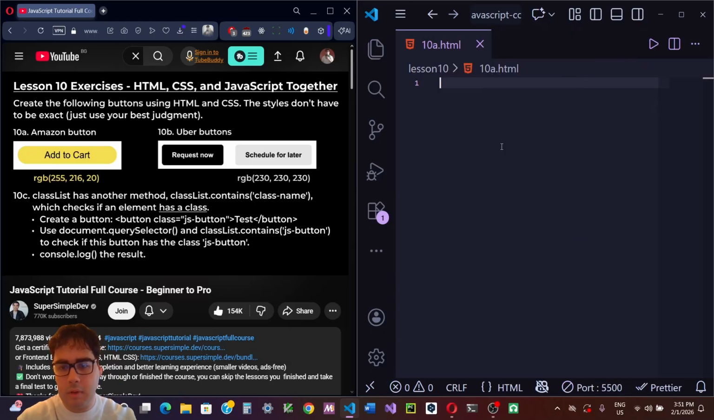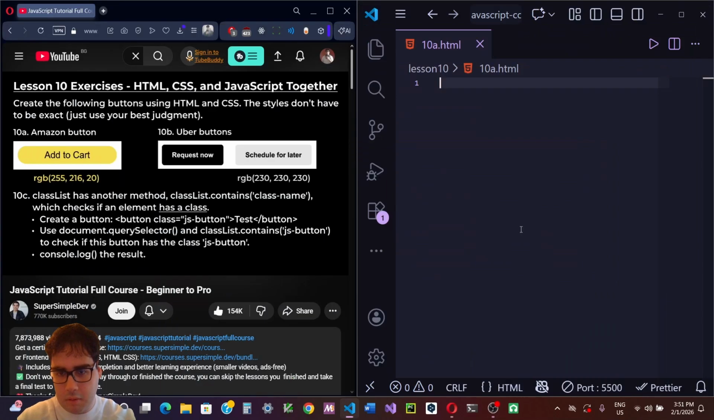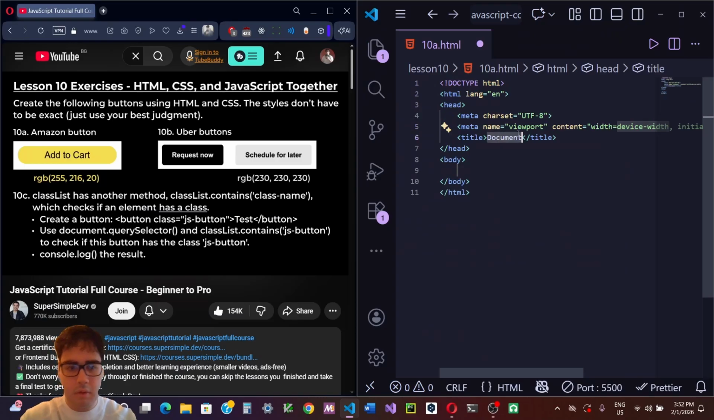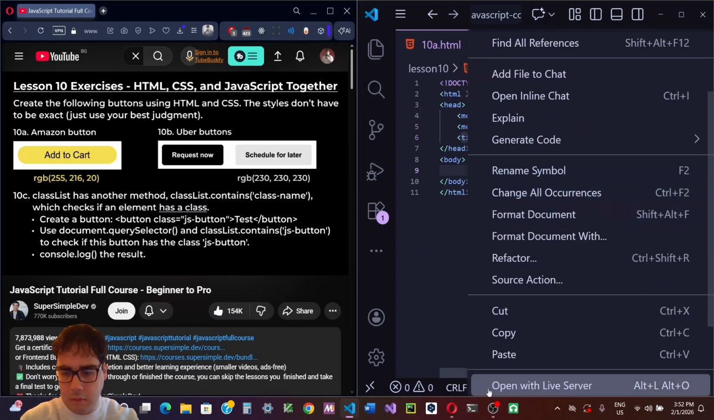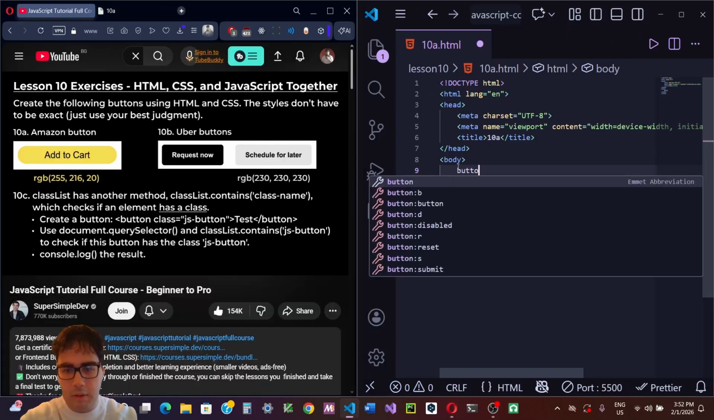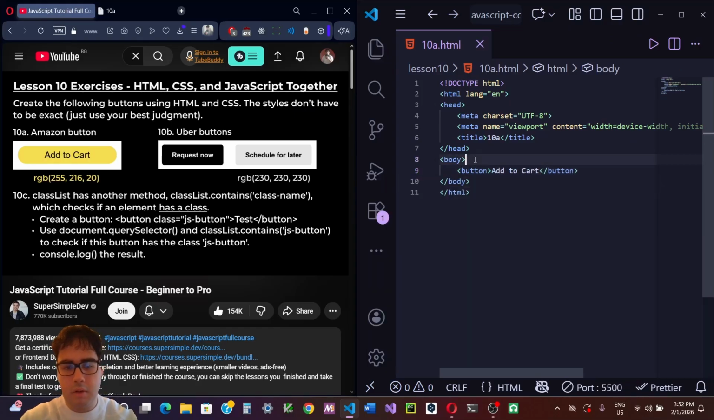10a.html. Make sure I'm recording. Okay, we're gonna create this. We're gonna say 10a, open with live server, say button, add to cart, center like this,